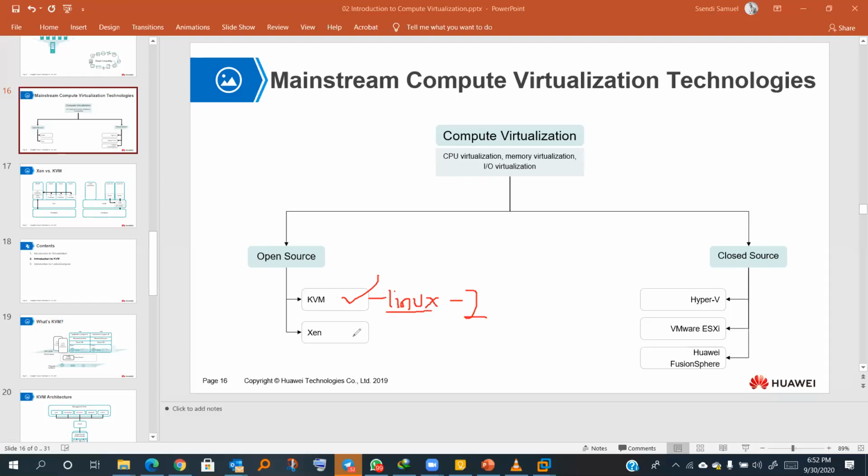And we said Xen is more like an operating system itself. It is installed directly on top of the hardware resources. You have your physical machine, you install Xen, and you start virtualizing those resources available to you. It is mainly used for Xen servers, very common with people who have data centers. And also, this is open source.